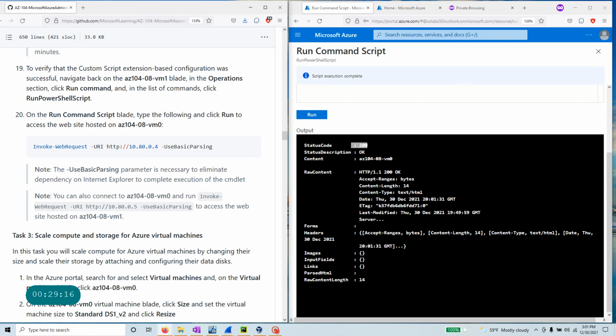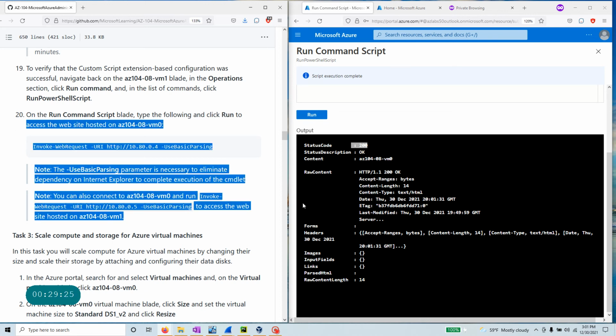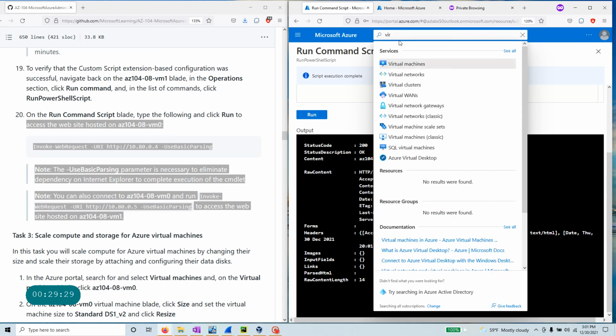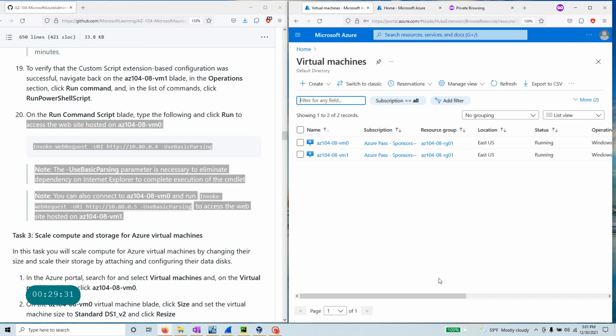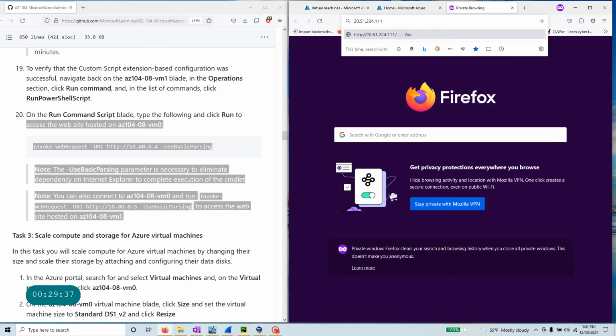You can also go to the other virtual machine and do the same thing to make sure that your web server actually got properly installed in this VM. The other way you can validate that, go to virtual machines. Now these virtual machines, this is the public IP. So if I just copy this IP and put it in here,